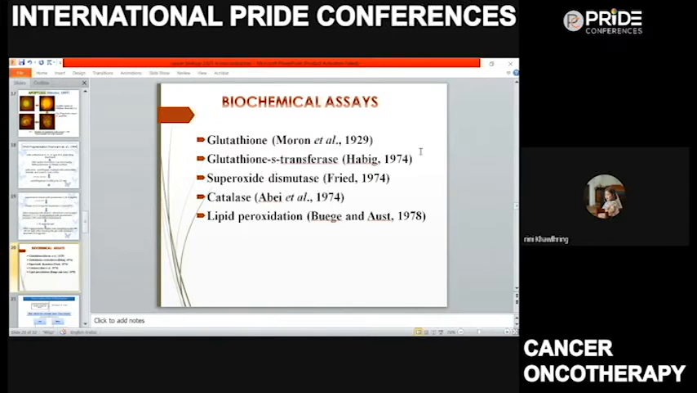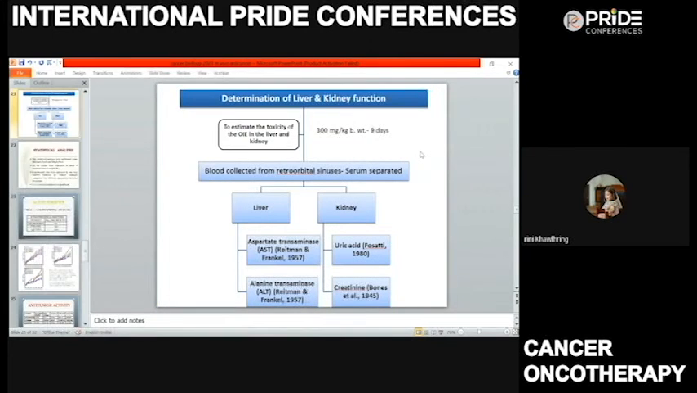And this was done after these assays were performed as per standard protocols after 9 days of treatment with the optimum dose, which is the 300 mg per kg body weight of ethanol extract of Oroxylum indicum. And in order to estimate toxicity of Oroxylum indicum extract in the liver and kidney, aspartate transaminase, alanine transaminase, ALT, and uric acid and creatinine assays were also performed in the serum after treatment of those mice for